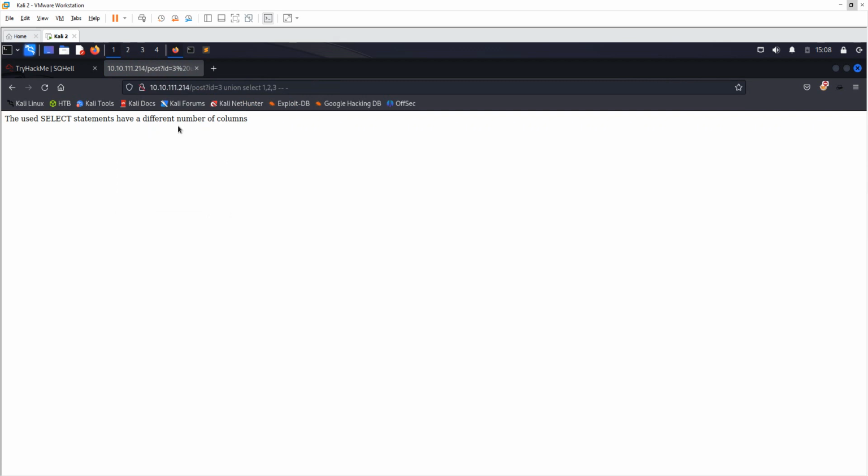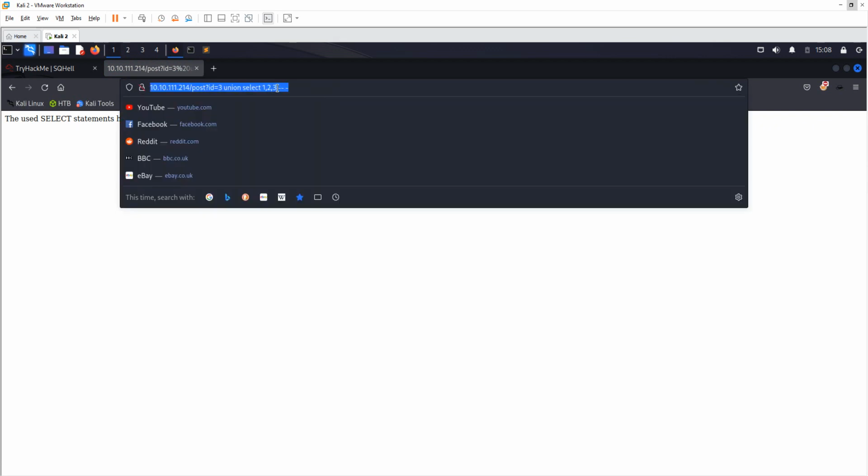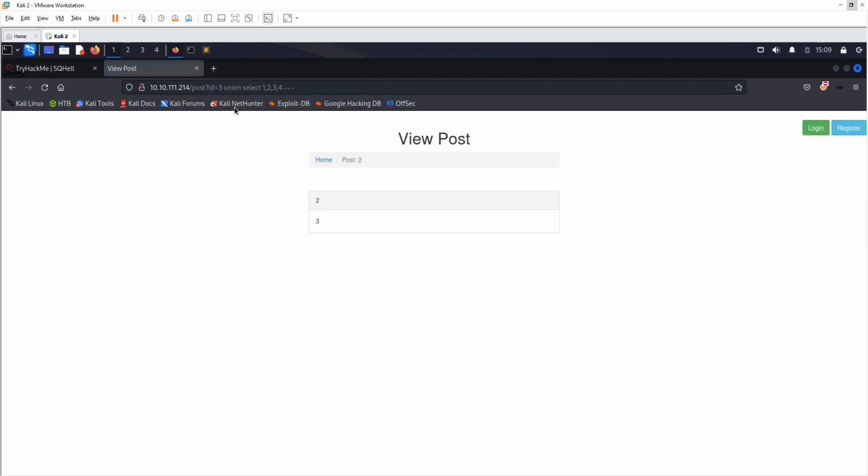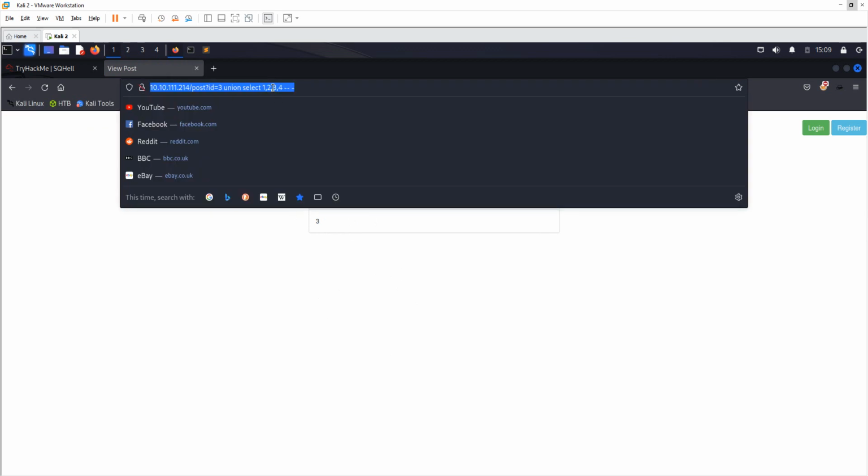Okay. So we still have the same. Let's see columns 4. All right. So it means we have 4 columns in that particular table. All right, and then the vulnerable columns are column 2 and column 3. All right, so we can just try to inject whatever we want to inject in the vulnerable column, which is